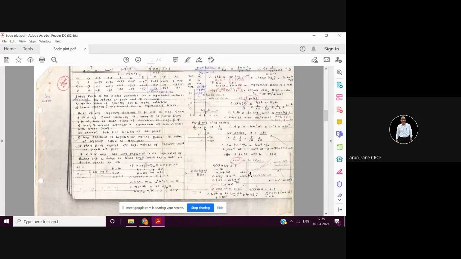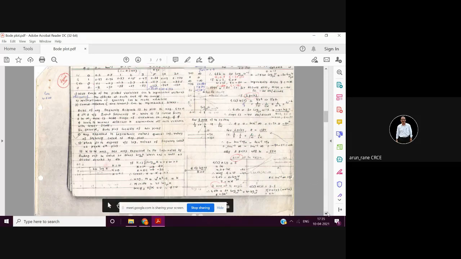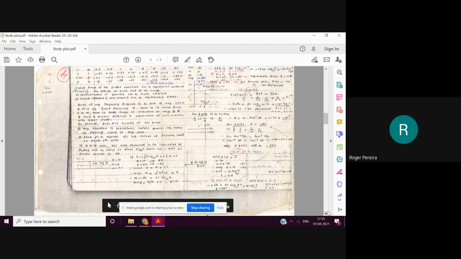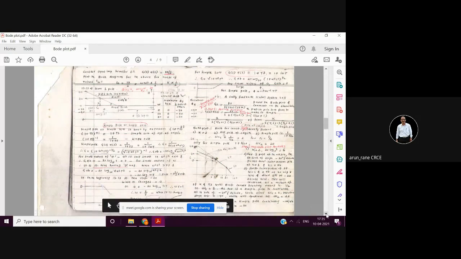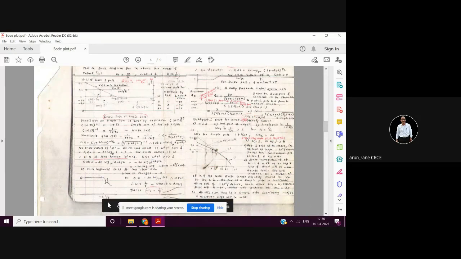If it is only s, then what will its slope be? It is a positive line, going upward, so plus 20. If it is s square, it will be plus 40 per decade. If it is s cube, it will be plus 60 per decade. All right, I hope it is clear. So that means as the omega T values are increasing, we get a slope like 1 upon s. So it will be like this.